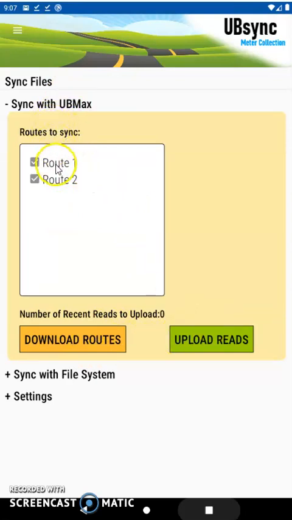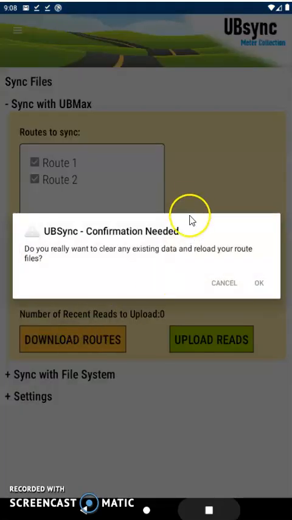First, you need to decide what route this reader is going to read. Is the reader going to read route 1, or route 2, or do you want the reader to have both routes on their device? So for now, I'm going to just leave both routes selected, and I'm going to click the Download Routes button. When you click the Download Routes button, you get this confirmation,